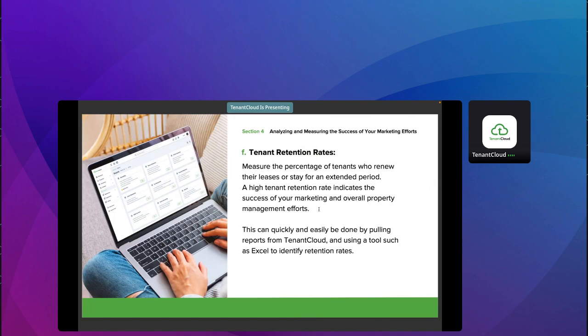Your tenant retention rates. You want to monitor your tenant retention. How high is your tenant retention rate? Because that indicates the success of your marketing and overall property management efforts. Marketing isn't just about reaching new tenants, it's also about your existing tenants and retaining them. That's why we were talking about things such as the property message board, communicating and fostering that relationship, and building your brand around your rental property or properties as a really cool place that people love. They want to stay there. They want to refer their friends there, even if they have to leave